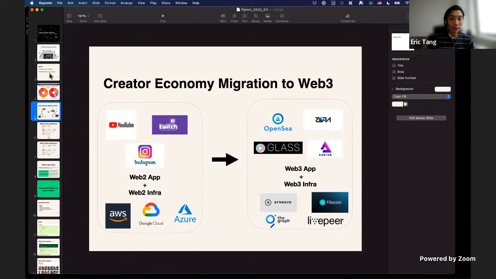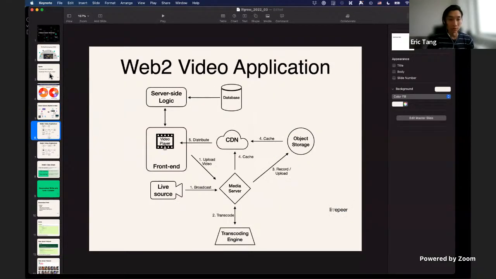So diving in a little bit more into what a Web2 video application looks like in the backend, right? If you zoom in, we have either a live stream or a video source going into a media server, or users uploading video from a front end application.